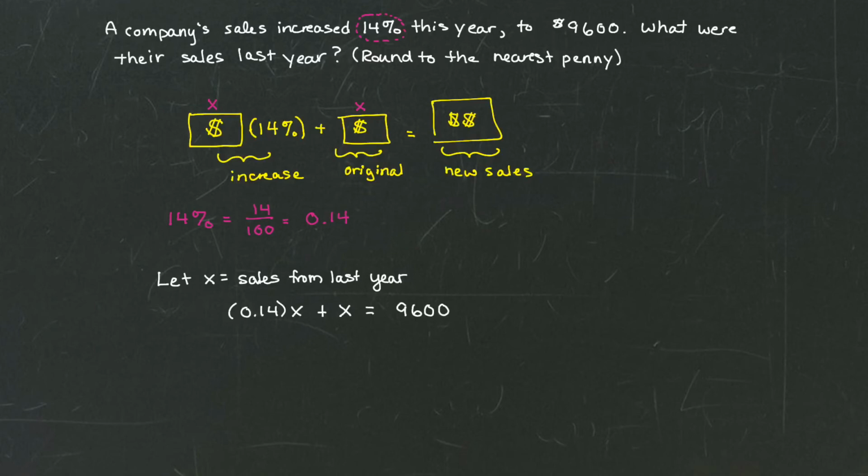If I take 0.14x plus x equals $9,600, this is going to actually tell me what my sales are last year. That is 0.14 x's plus 1 x's on the left side gives us a total of 1.14x. That's equal to $9,600. And if I divide both sides of the equation by 1.14,